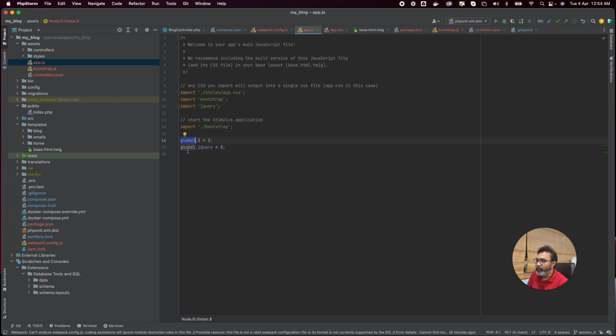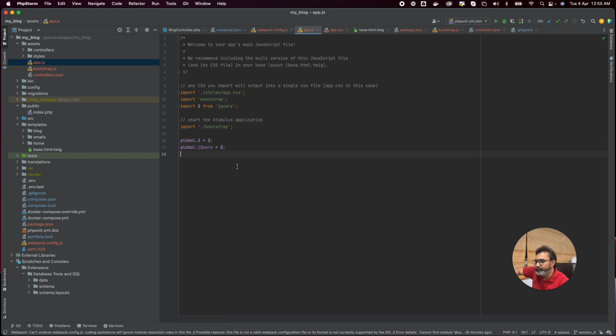Global is the global scope variable, like PHP super globals, and global.$ equal to $. And remember that you should not simply import jQuery, you need to give import $ from jQuery, because jQuery works a little differently from all our other JavaScript libraries. And then you need to give global.$ equal to $ and global.jQuery equal to jQuery,